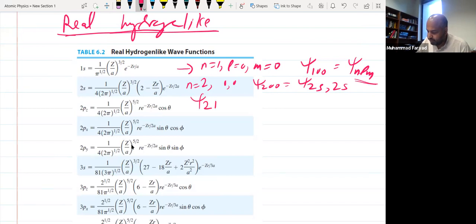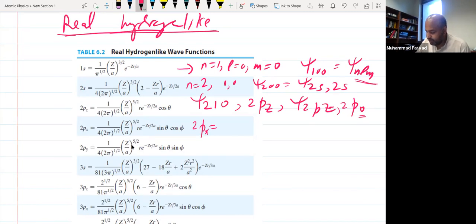Okay, this 2pz is psi 210. Now n is 2, but l is 1, and m is 0 for this. This is also referred to as 2pz or psi 2pz. Sometimes it's also referred to as 2p naught, just to emphasize that the value of m is equal to 0. And this 2px